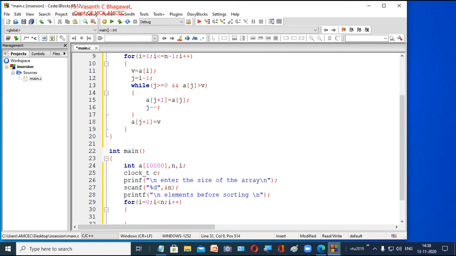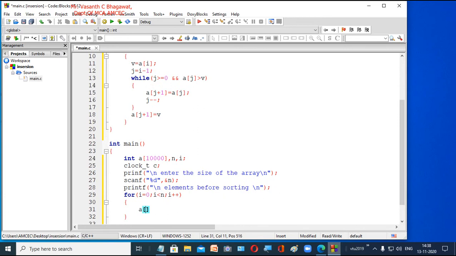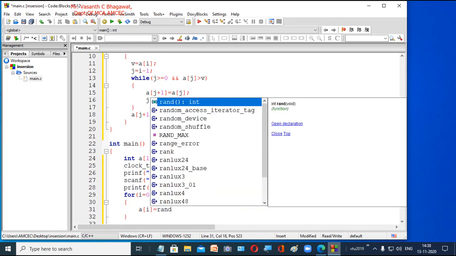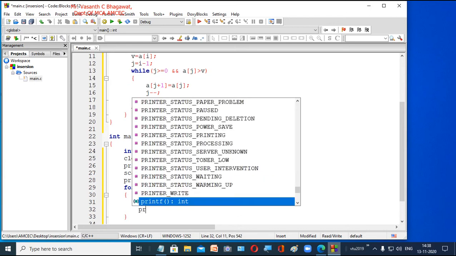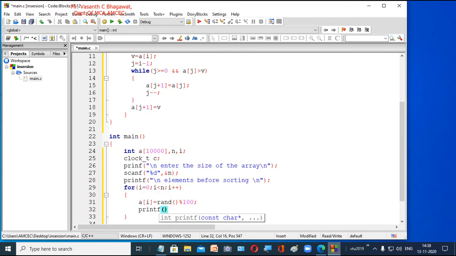So in your array A of I, we generate randomly all the numbers, put mod 100, that means only 2-digit numbers, and we will print what are those random numbers which have been generated. Print %d slash t comma A of I, right?